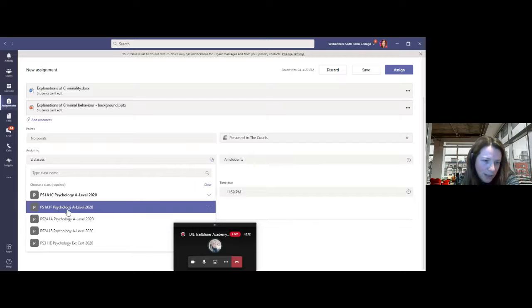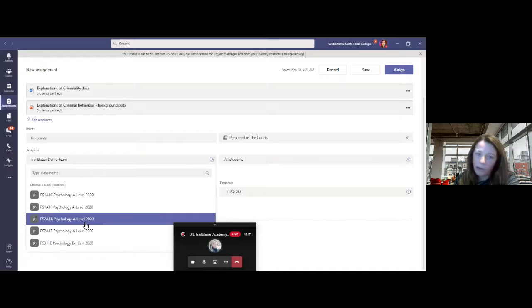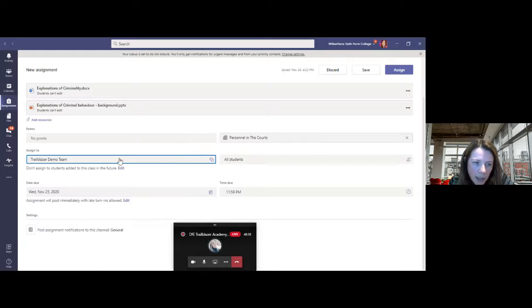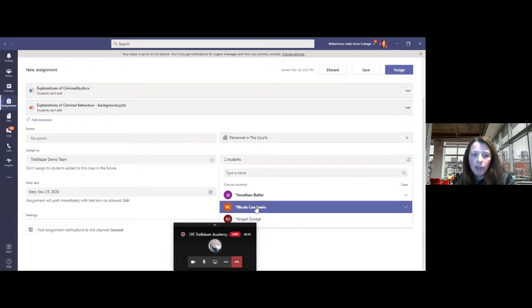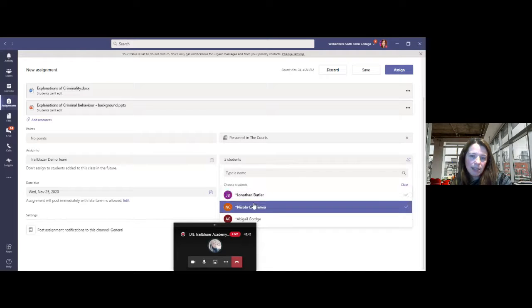I'm not going to do that right now, because if I send that live, my students in those groups will be very confused about the assignment. But you can now assign to multiple classes. They will all get the same end date. Your other option is obviously just to send it to the full team, or you might just want to pick out a few students. I've done this where maybe there's work to catch up on from a missed lesson, so I've set it as an assignment for a couple of students. So the whole team doesn't get it, only those students that you've selected in this particular column.